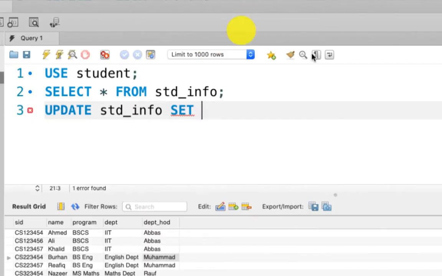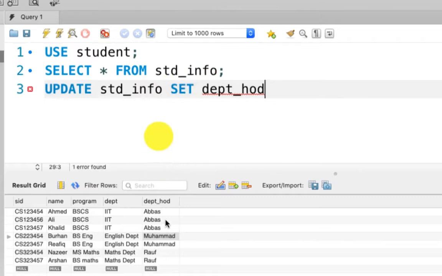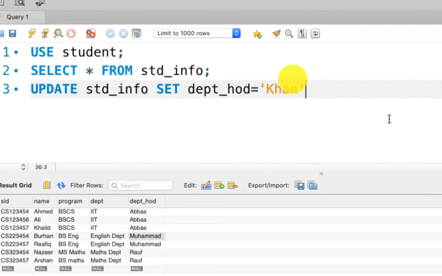So here I must type department HOD, and I'm going to give a new value to this tuple under department HOD. So here let's say I'm changing it to Han, and after that I must give the where clause,